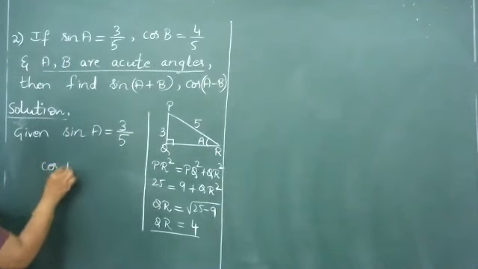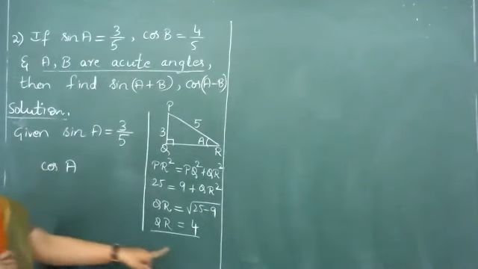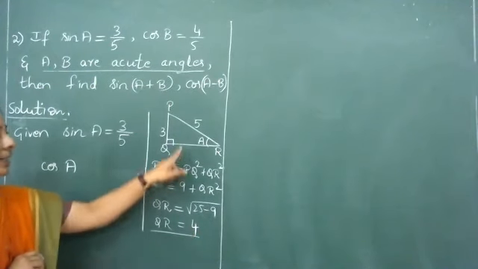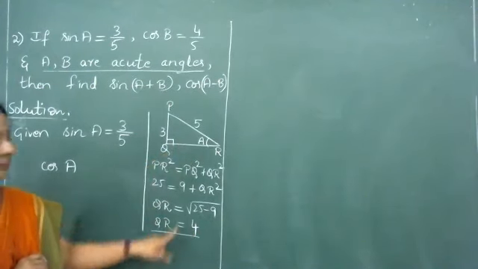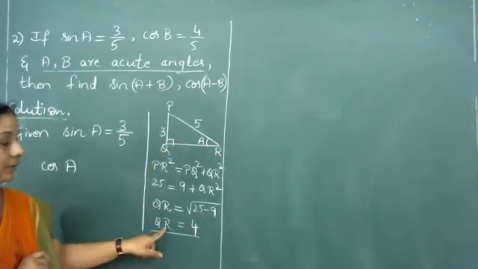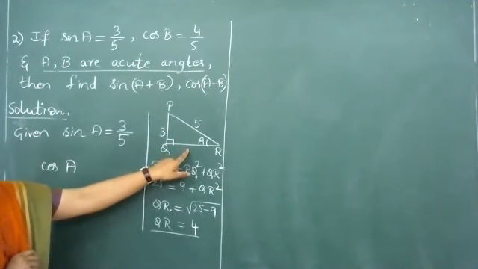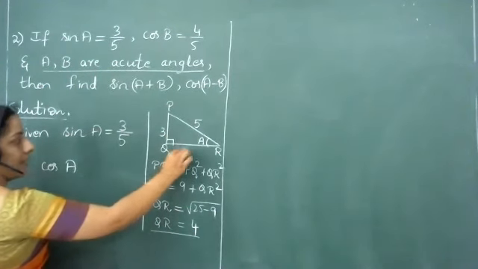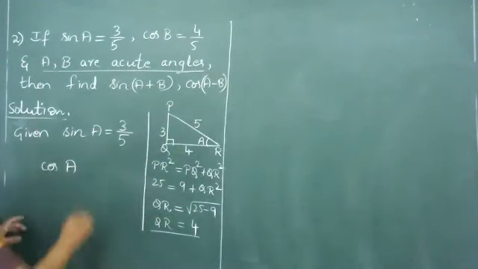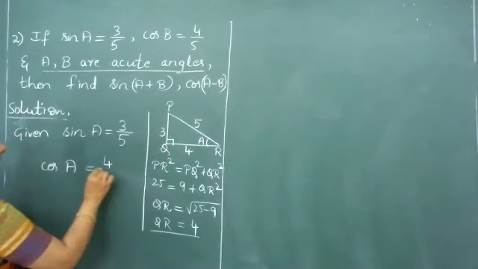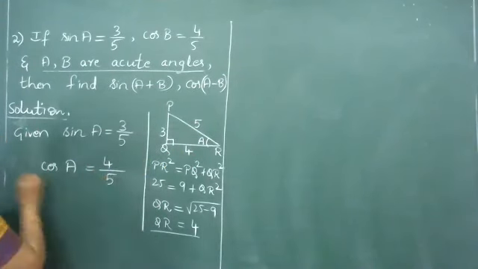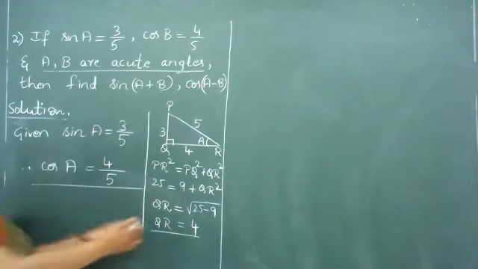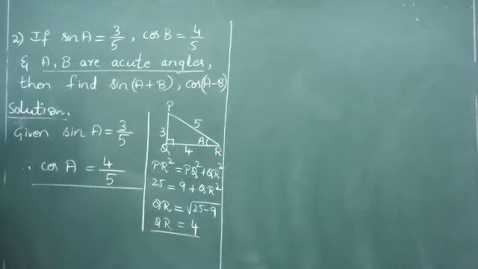So how does one bring the value of cos A now when you know the measure of the remaining side in the same right angle triangle? For that, use the definition of a cosine of an angle. Recall, cosine of any angle in the right angle triangle is always equal to the adjacent side of the angle divided by the hypotenuse. Adjacent side here is nothing but QR, which is obtained as 4, divided by hypotenuse, which remains as 5. So, cos A we have obtained. This is one method of obtaining the value of cos A.